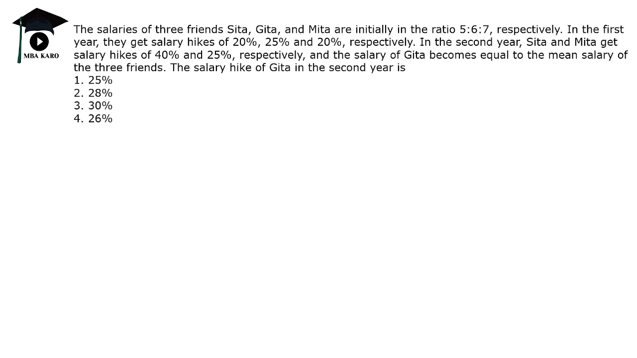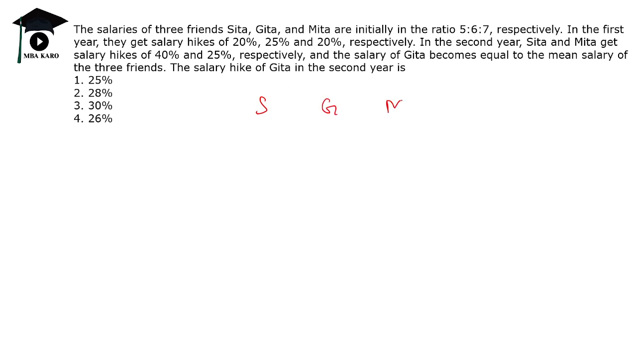The salaries of three friends Sita, Geeta, Meeta are in the ratio 5, 6, 7. If in the first year they get salary hikes of 20%, 25% and 20% respectively. In the second year, Sita and Meeta get salary hikes of 40% and 25% respectively. And the salary of Geeta becomes equal to the mean salary of the three friends. The salary hike of Geeta in the second year is